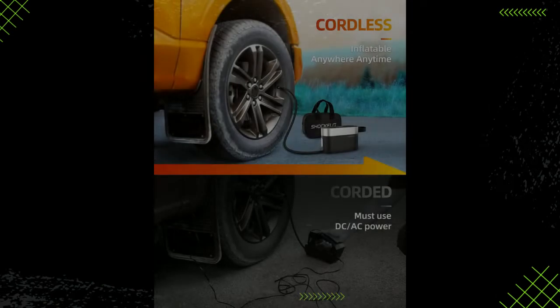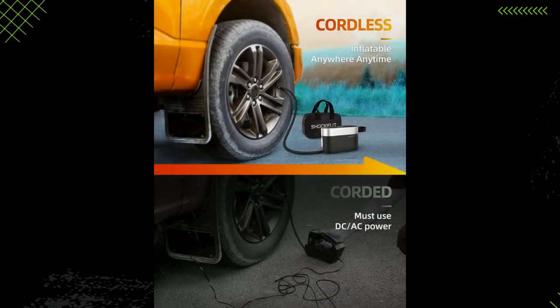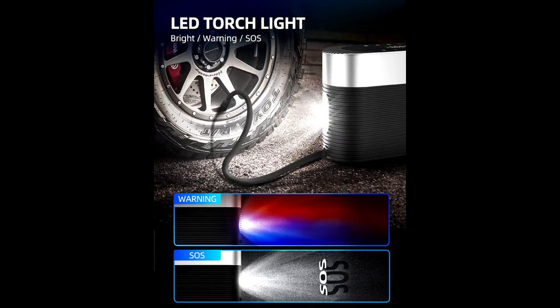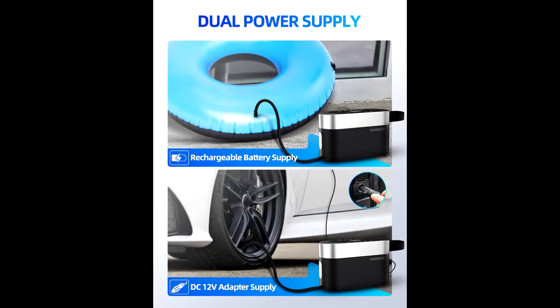ShockFlo Portable Air Compressor for car tires comes with 2 different power options: a 7800 mAh Li-ion battery and 12-volt DC. In case of emergency or the lithium battery is dead, it can be switched to DC 12V power supply at any time. Ultra-long power supply line, 3.5 meters long power supply line,